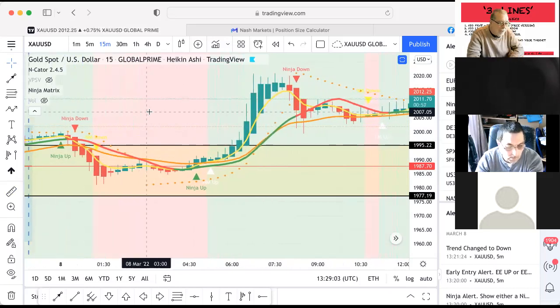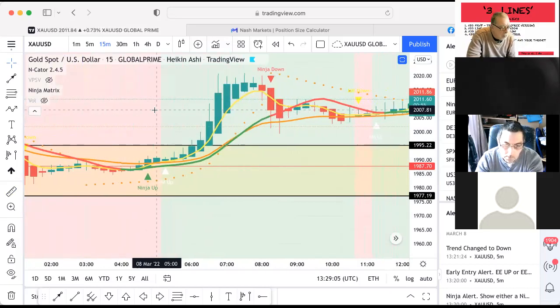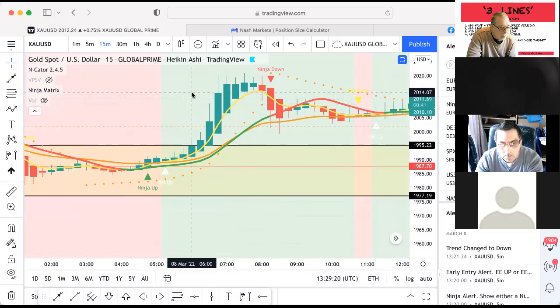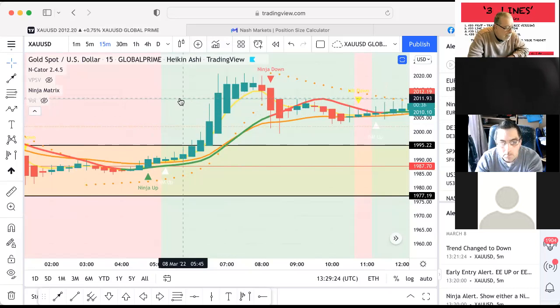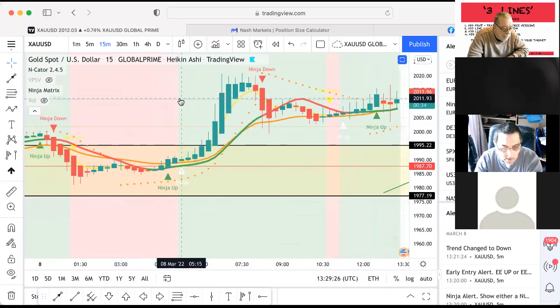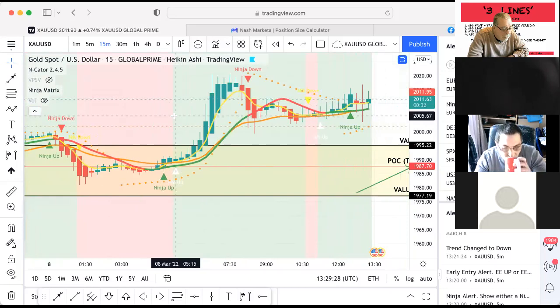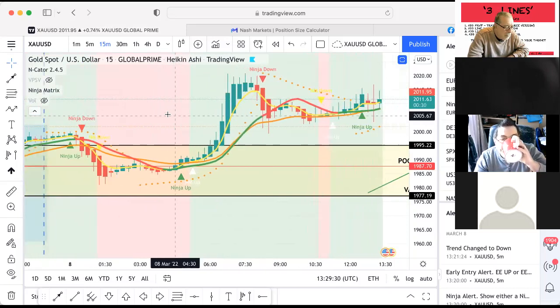But the danger, especially with trading gold, is that the price is quite volatile, so it can temporarily move, reverse itself and take you out, and then continue to go upwards. So it's not an easy one to answer. I'll attempt to answer it as we go along. Right, so